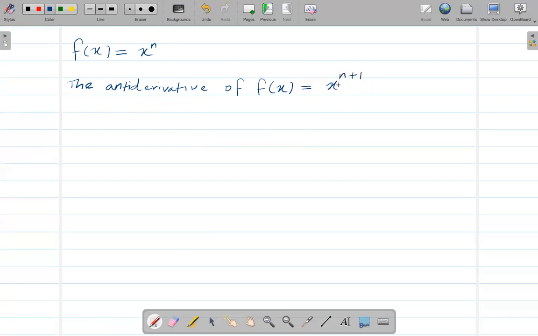This n plus 1 goes on the power when you take the antiderivative, and on the bottom we also get n plus 1,